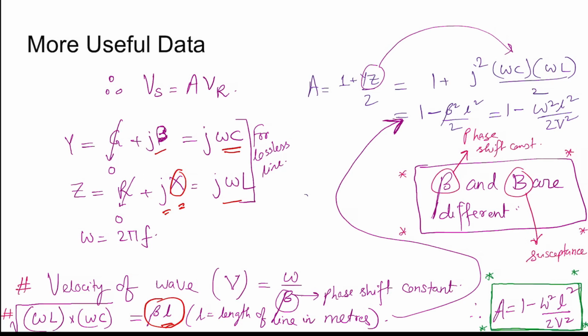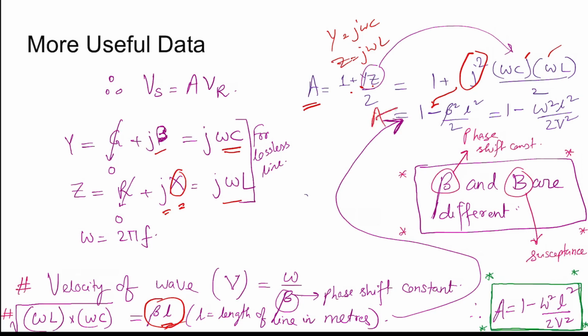now if you see 1 plus Y into Z by 2 is the value of A. Now Y into Z is j square omega C into omega L by 2, because Y is j omega C, Z is j omega L for lossless line. Now Y into Z is j square omega square LC. Now omega square LC whole root over is beta L, so this is beta square L square by 2, and j square is minus 1, so this is 1 minus beta square L square by 2, that is the value